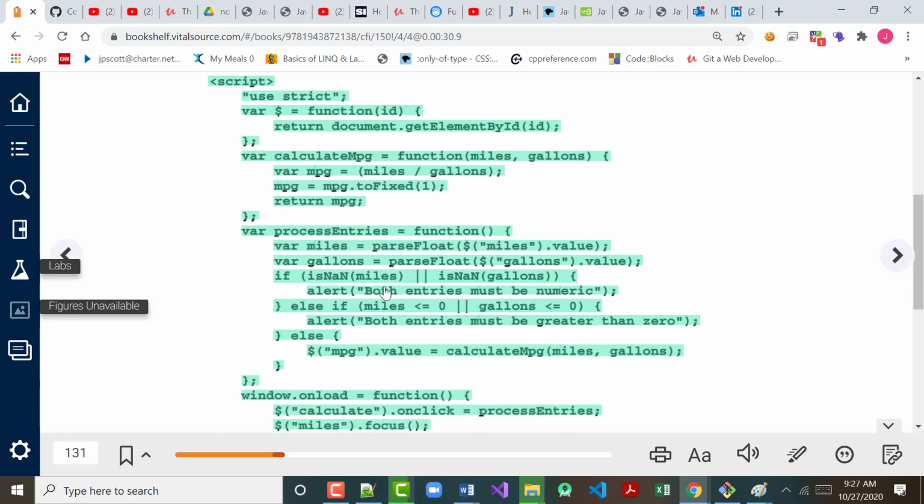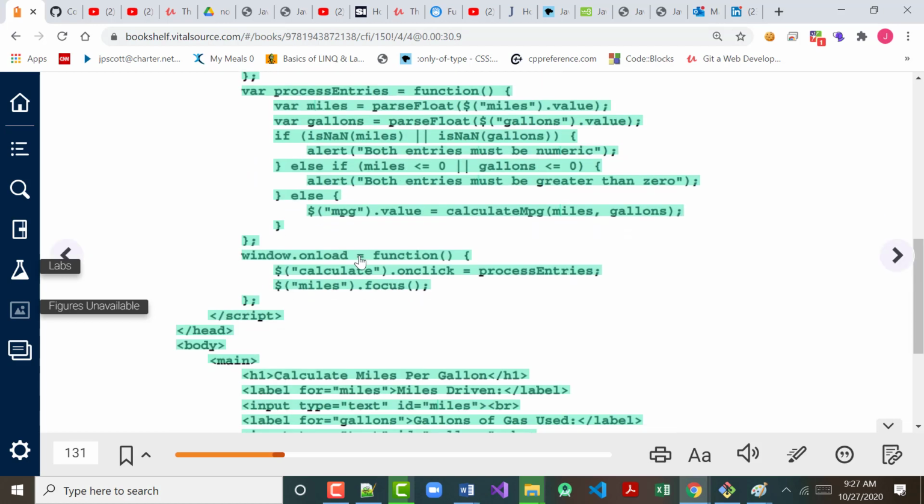And here's our process entries. What the heck is process entries? This is where we're going to try to make sure that what we input into here is valid. So notice if you put a non-numeric value in for miles or you put a non-numeric value in for gallons, an alert comes back. And it says both entries must be numeric. Now, you know how to do this because we already looked. You could take that value property that we looked at before and you could set it equal to double quote,